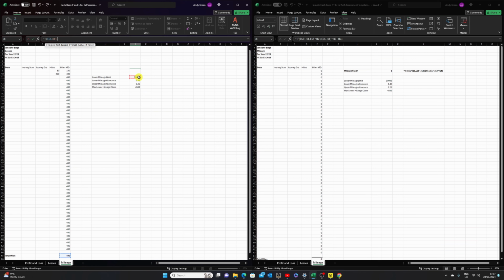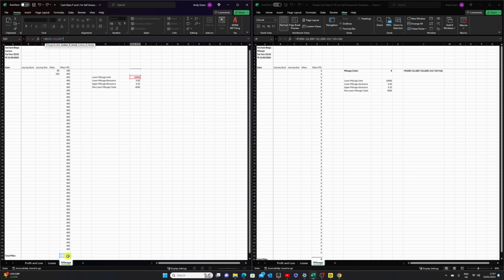If it's true that E65 is less than the upper mileage limit, then the answer is going to be E65, which is the mileage,